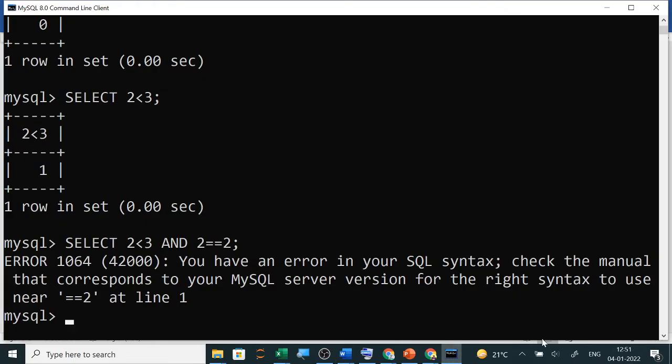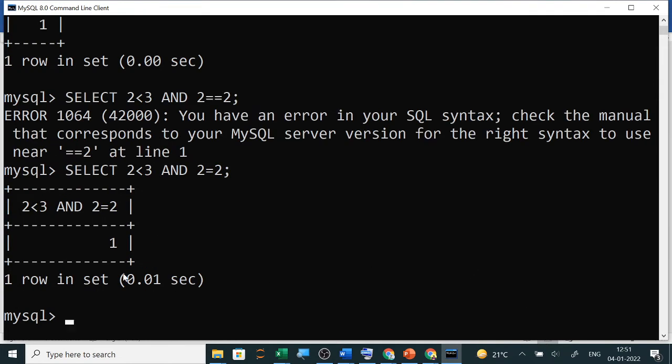So I will use it here in MySQL. Sorry, this I had used of Python. Yes, now you can see here it is true. And for not equals to, we will use the not operator, that is this and this. Yes, this is your not operator. So if one is false, since I am using AND, if any one is false, output will be false. So that will be 0.